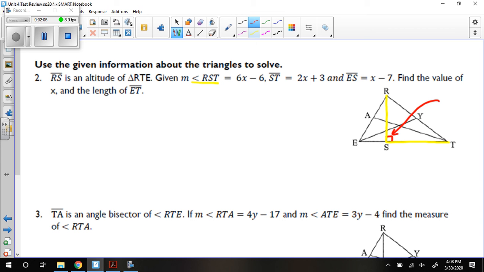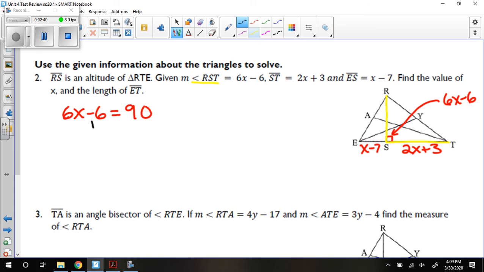So that right angle we just drew is also 6x minus 6. You also know that ST is 2x plus 3, and that ES is x minus 7. So we're going to use our right angle and the 6x minus 6 together to make our equation. Since we know that 6x minus 6 was supposed to equal 90 degrees because it's perpendicular,